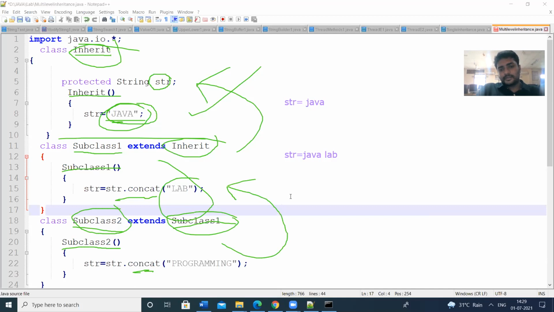That means str is equal to Java lab programming. This is the value stored in the string str. So these are the three classes I have defined. Inherit is a superclass, subclass 1 is a subclass, and subclass 2 is another subclass.